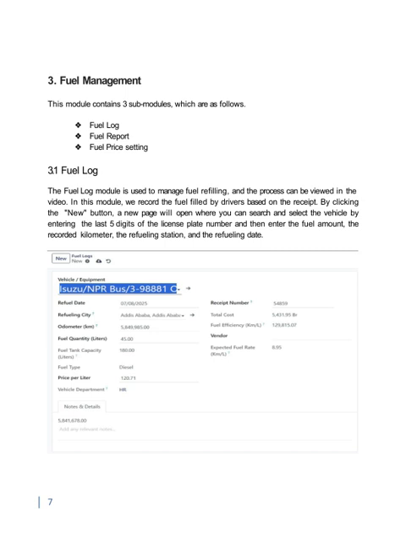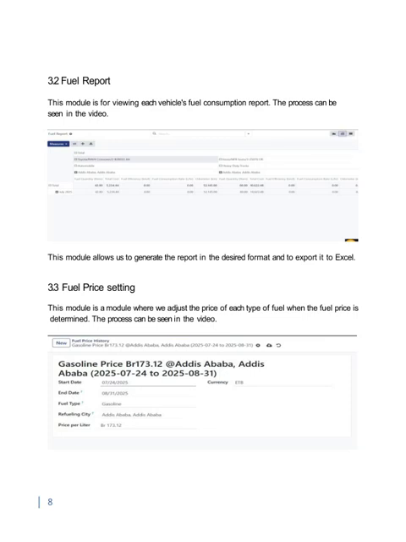Once you've selected the vehicle, you input key details: the amount of fuel filled, the current odometer reading, the refueling station, and the date of refueling. This process ensures that all fuel transactions are accurately tracked, which is essential for managing costs and planning maintenance. As you can see, the fuel log is a foundational component that connects directly to the overall fuel management strategy we're discussing today. Now, let's move on to Slide 10,